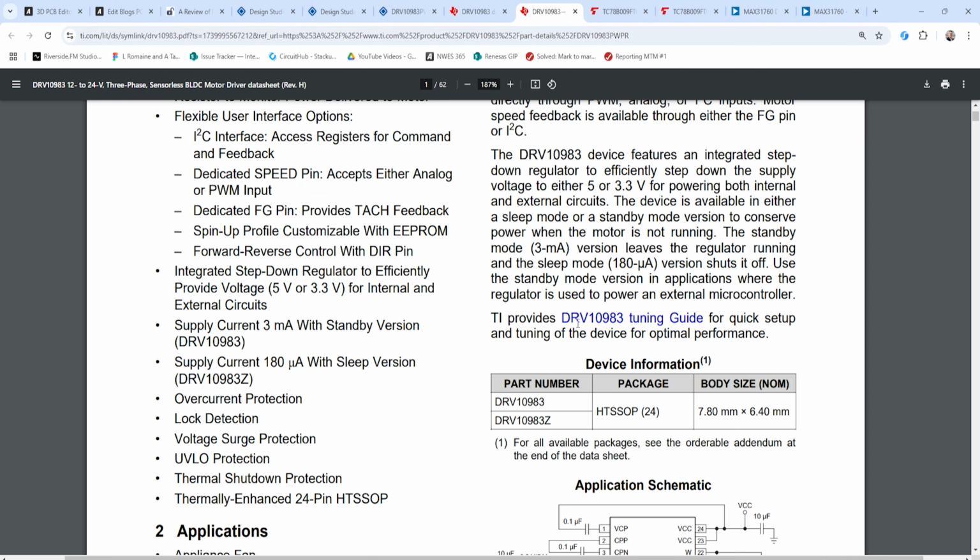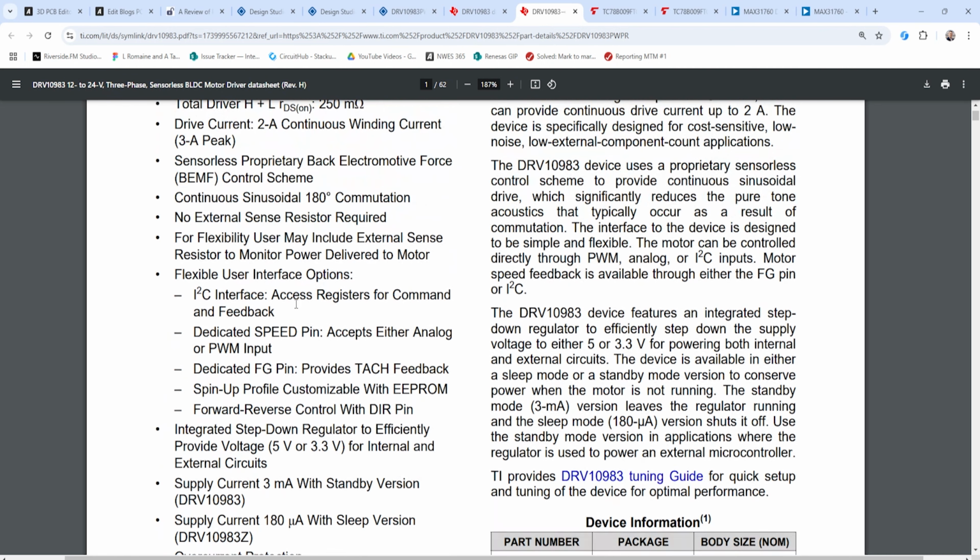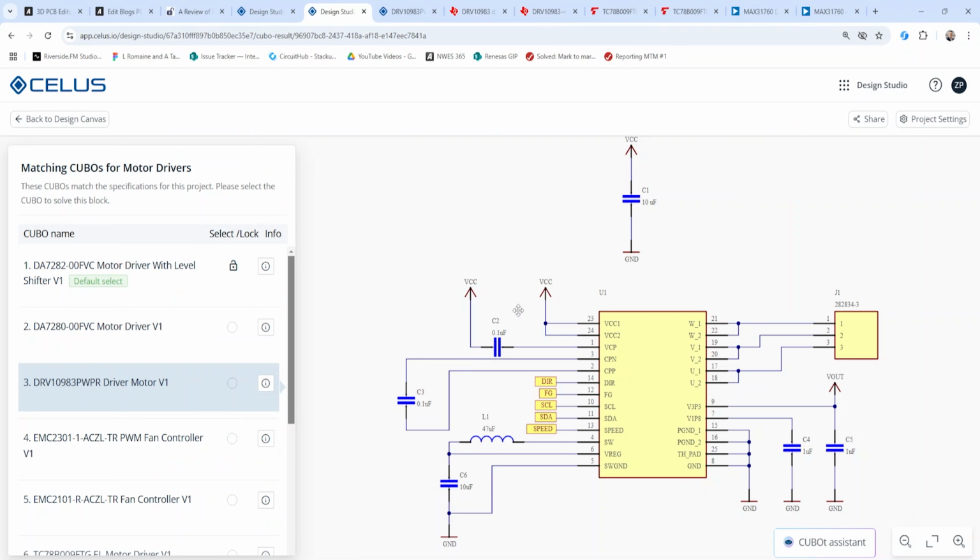As I mentioned, those regulators are built in, and it already has a built-in 5-volt step-down regulator and some other features here that you can see in this list. Now, as you can see from the circuit here in CELUS, there is an I2C interface, but there are also these other 3 pins. We have a direction pin, we have an FG pin, and then we have a speed pin. So these pins are what you use to control the speed and the direction of the motor that you're